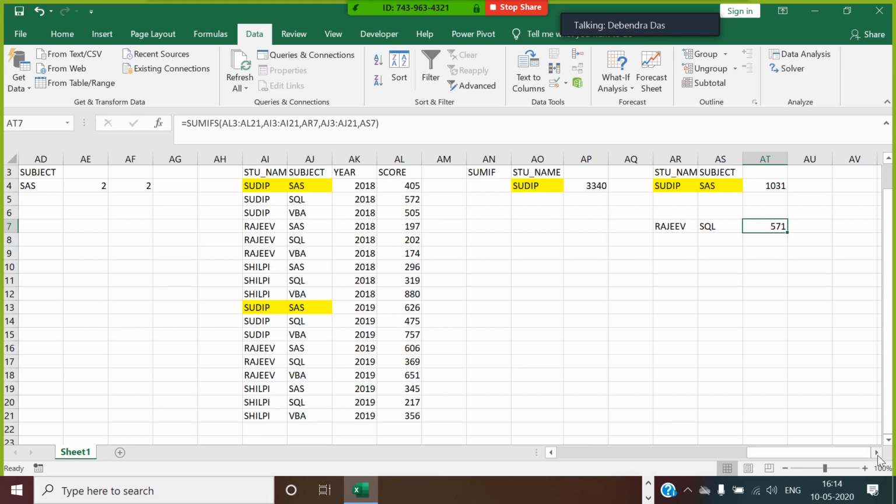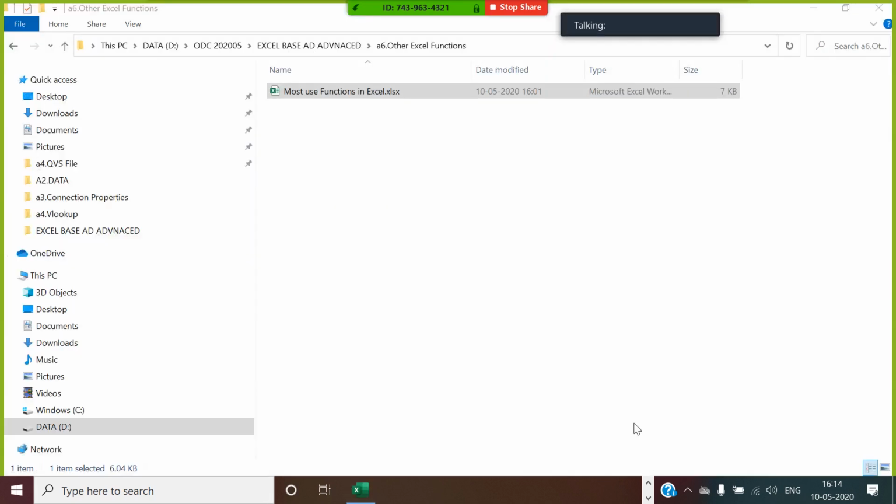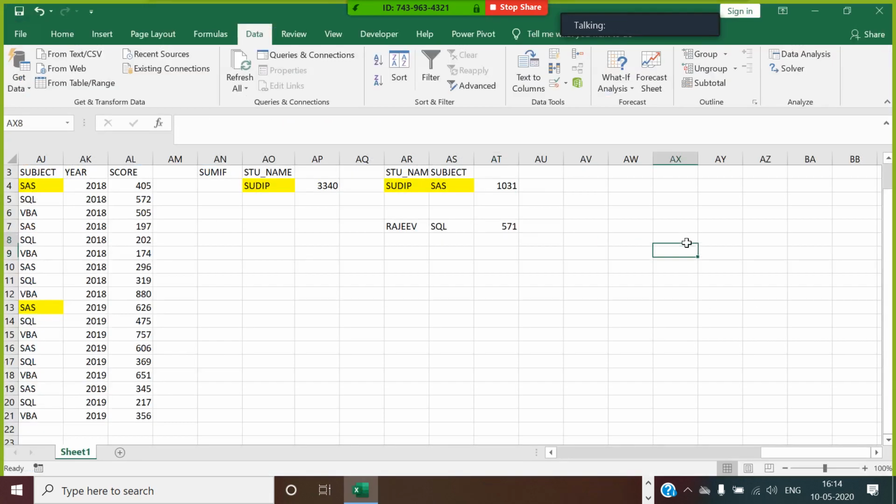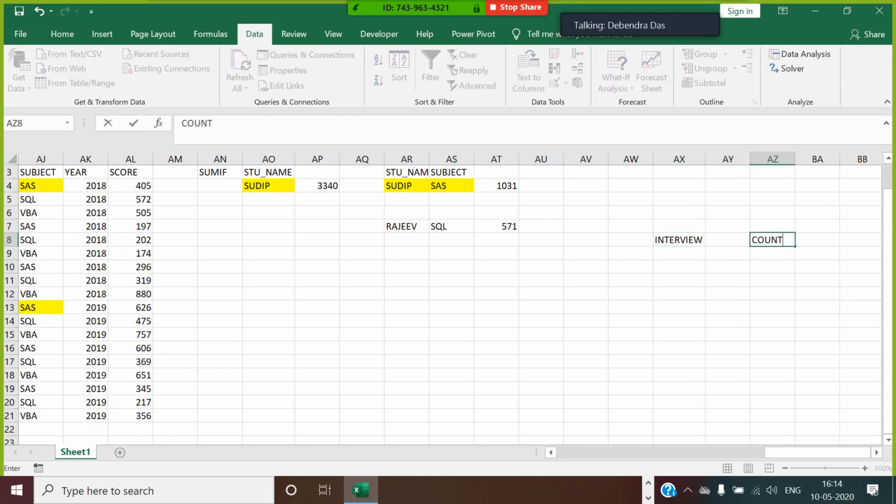So mostly, if you go for the interview, they will definitely ask you this: what is the difference between COUNTIF and COUNTIFS? They will ask this question.